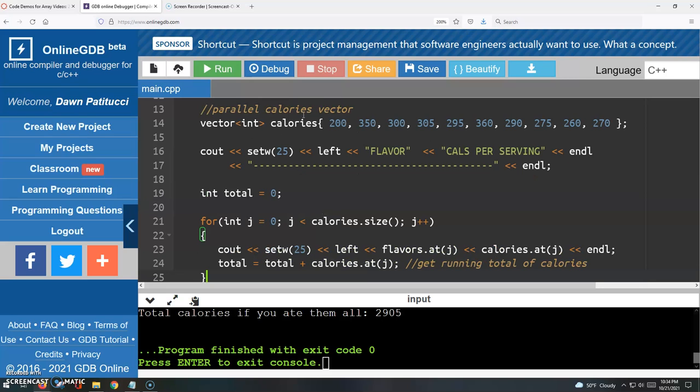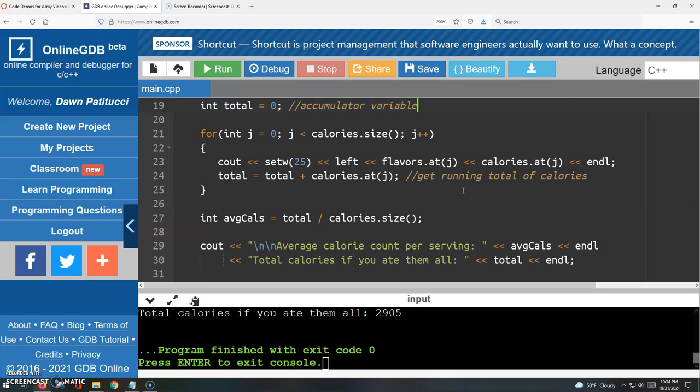Very importantly, I didn't mention this, but this is called an accumulator variable, where we're getting a running total of something. When you have one of these, it's very important that you initialize it to 0. Okay, so we have this line, total equals whatever's already in there plus the current calorie value that we're looking